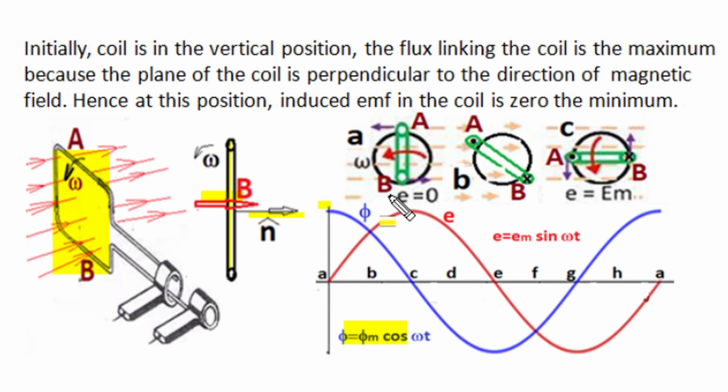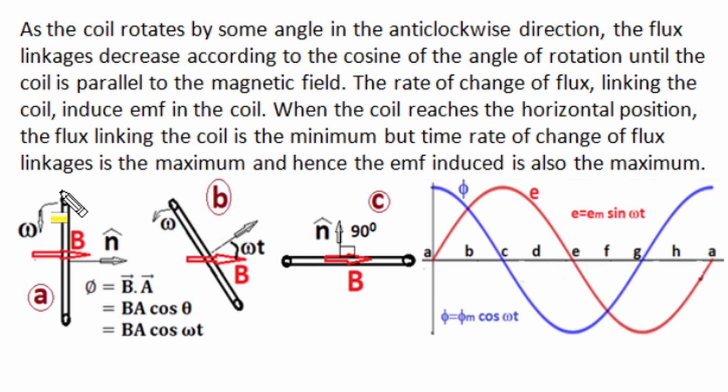So the induced EMF in this coil configuration at this time instant, when the coil is vertical and has maximum flux linkages, is 0. But as the rotation of the rectangular loop involves time variation of flux linkages, there will be induced EMF, as shown by the red colored wave. Initially, when the rectangular loop is vertical and perpendicular to the fixed magnetic field induction, the flux linking with the loop, as per the dot product of magnetic induction and area vector, is given as a cosine function of the angle between the B vector and the area vector, theta, which at t equal to 0 is 0, and cos 0 is 1.